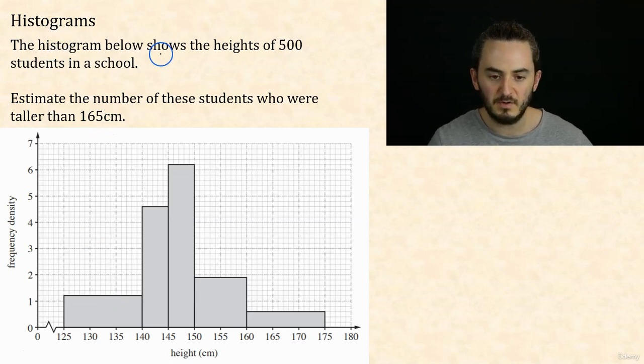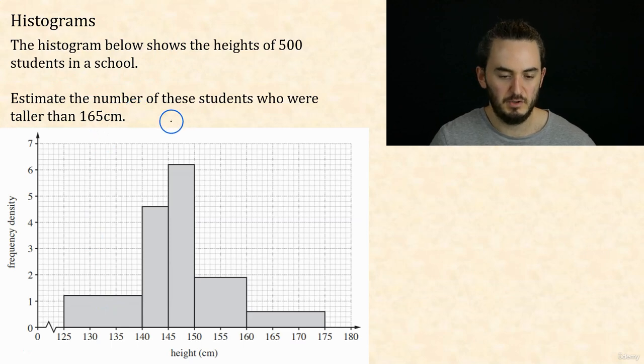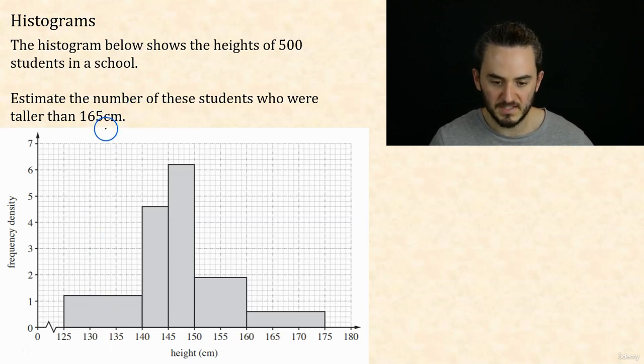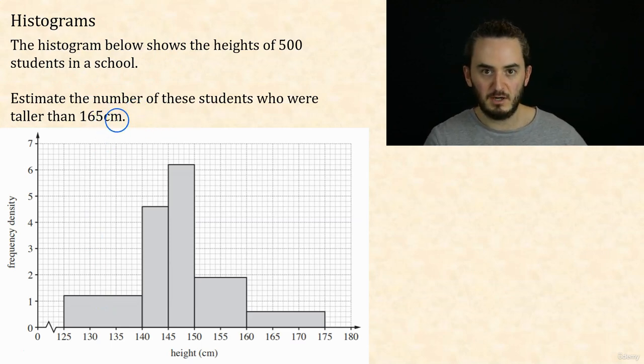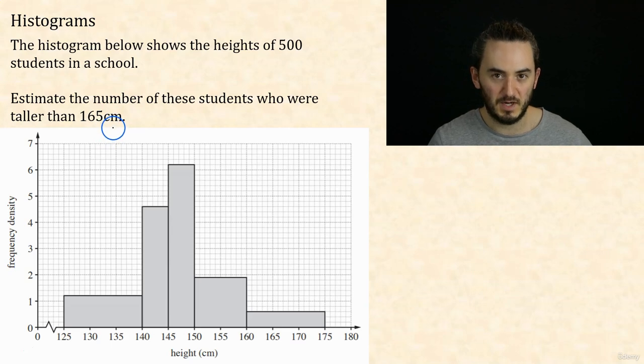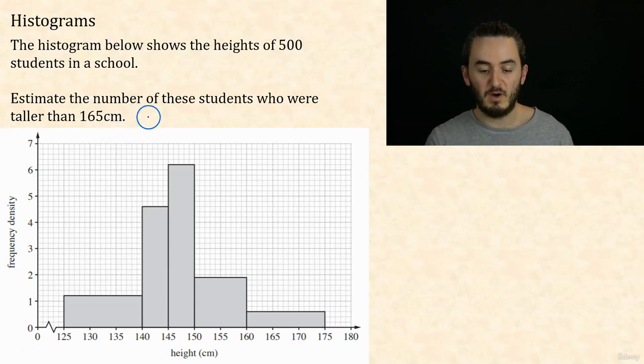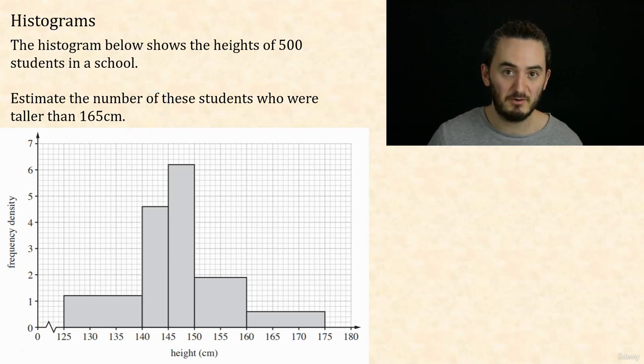So in this one, the histogram below shows the heights of 500 students in a school. Estimate the number of these students who were taller than 165 centimetres. Okay, I'd really encourage you to pause the video and see if you can figure this one out for yourself first. Okay, the first thing we need to do then is figure out what's the relationship between area and frequency